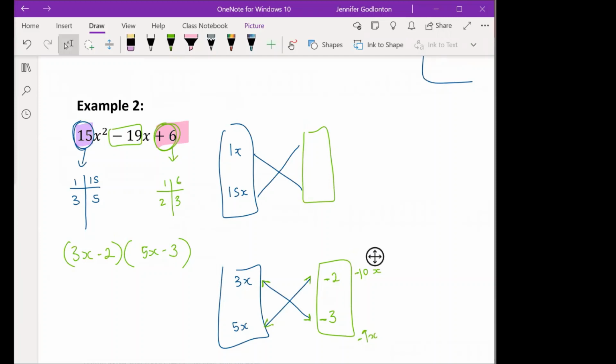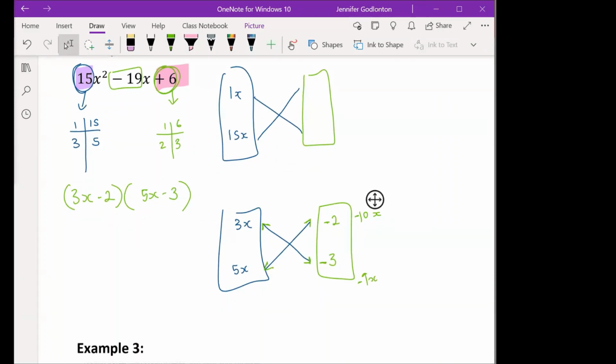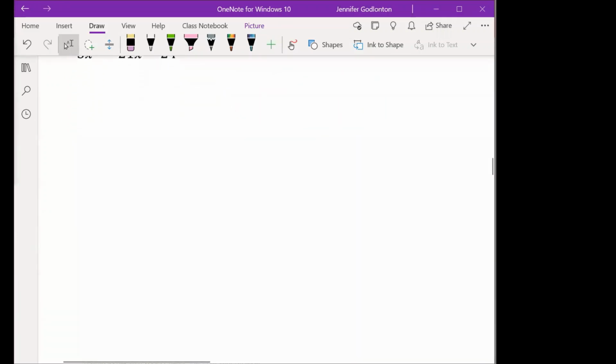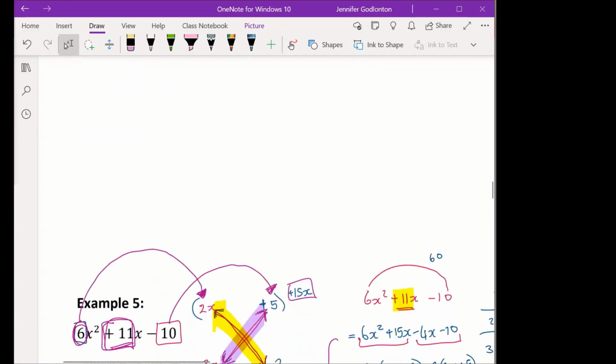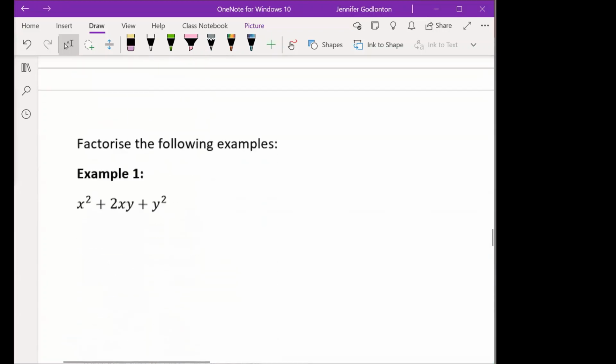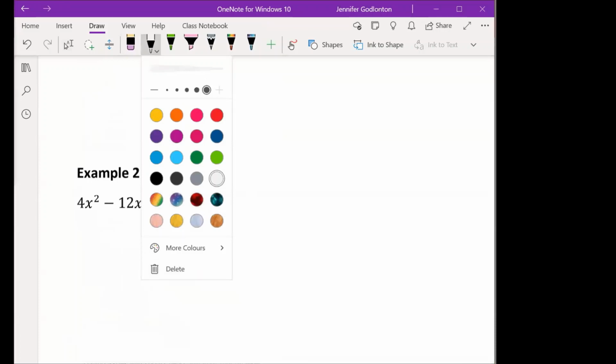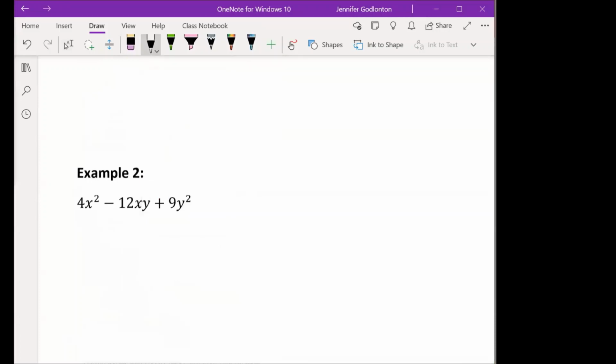Okay, can I move down? Let's try another one. This one's actually a little bit too easy. This one's also a little bit easy. I wonder where there's a nice, tough one. Okay, I'm going to do this one. I'm just going to change it a little bit to make it a little bit nicer while we're still learning. So let's just do it like this. Just going to get rid of those Y's for you just while we're learning.